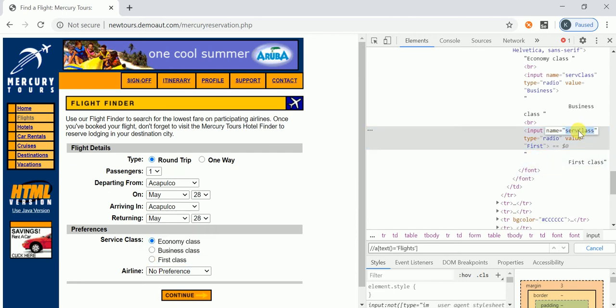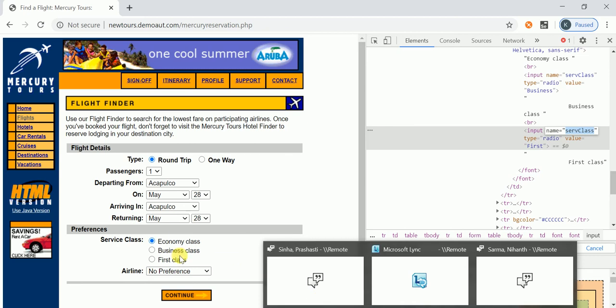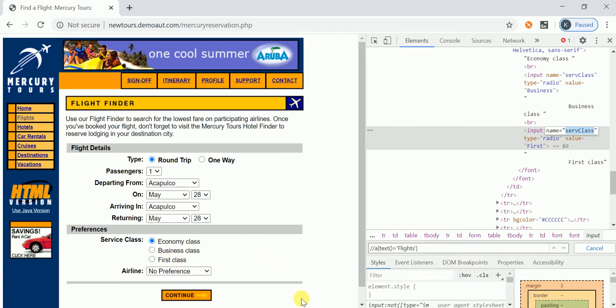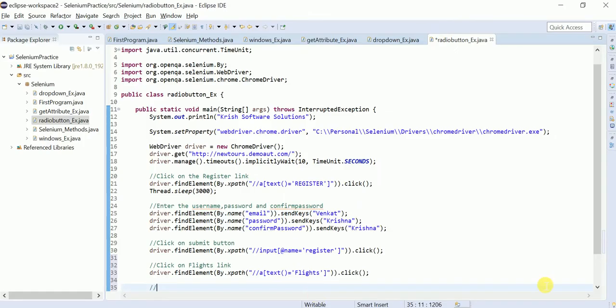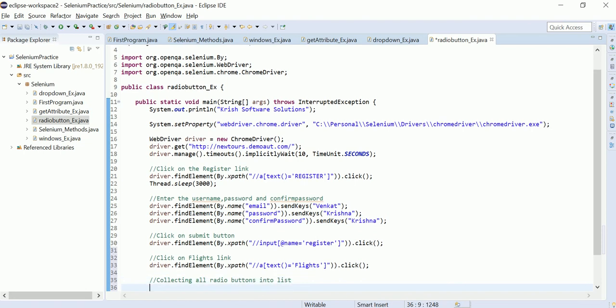So now what I am going to do is get all these 3 elements into a list. Collecting all radio buttons into a list. How can we do that? List of web element.